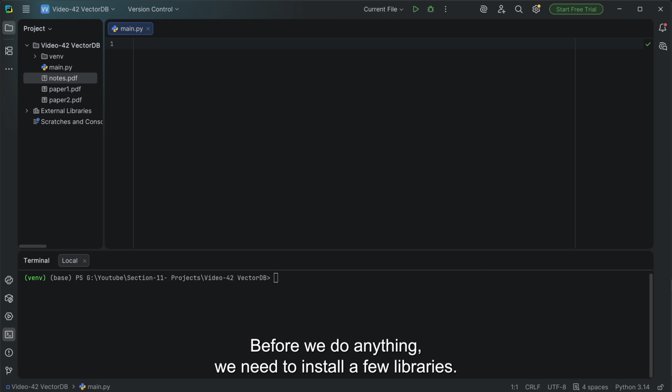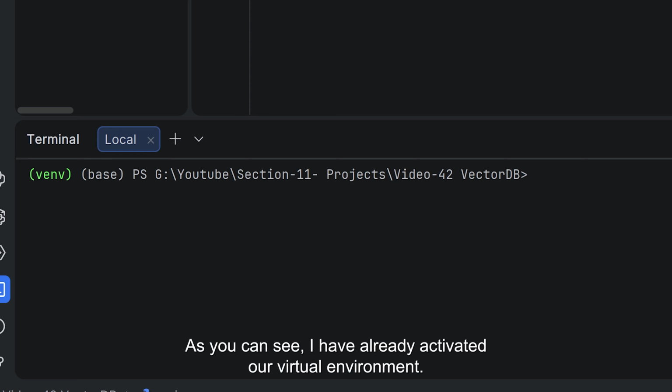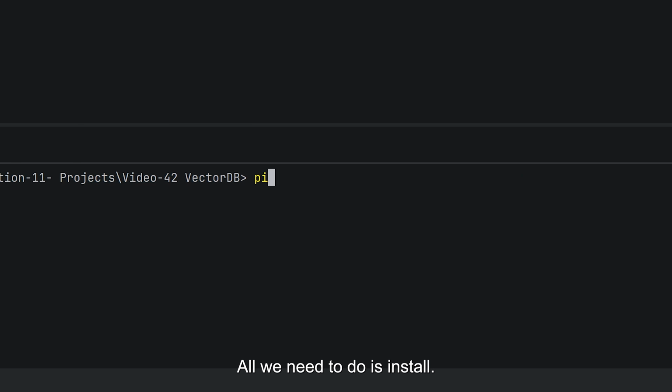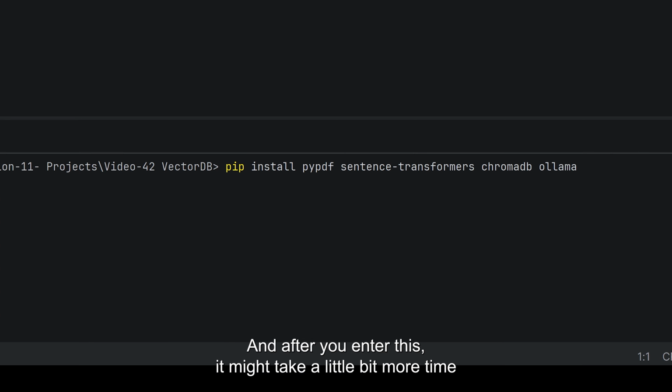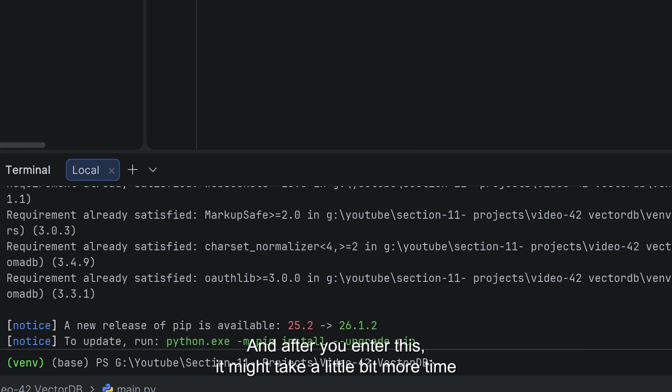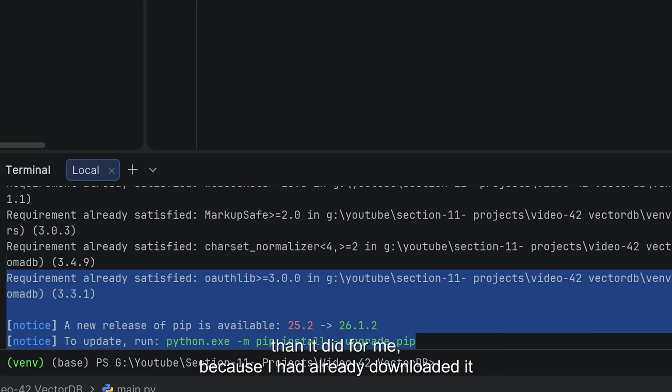Before we do anything, we need to install a few libraries. As you can see, I have already activated our virtual environment. All we need to do is pip install. We have PyPDF, we have sentence transformer, ChromaDB, and finally Ollama. And after you enter this, it might take a little bit more time than what mine did because I had already